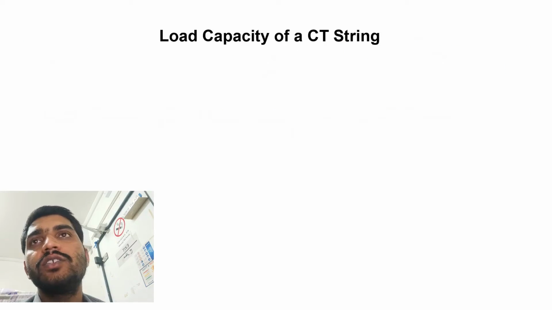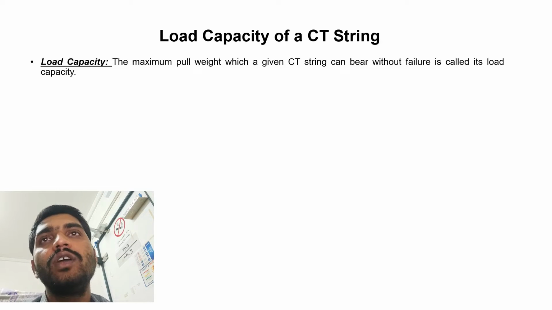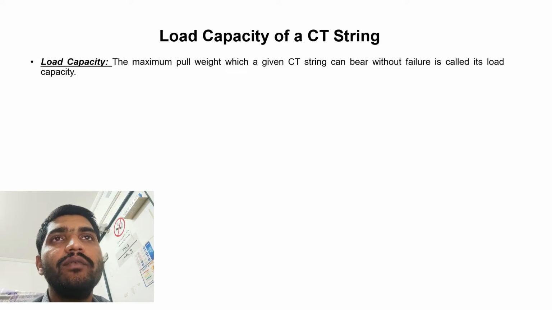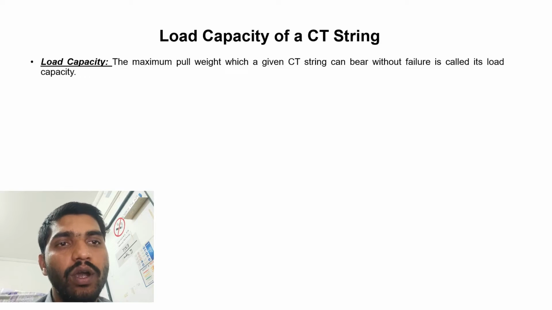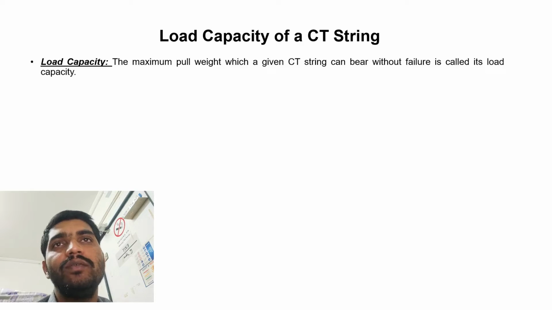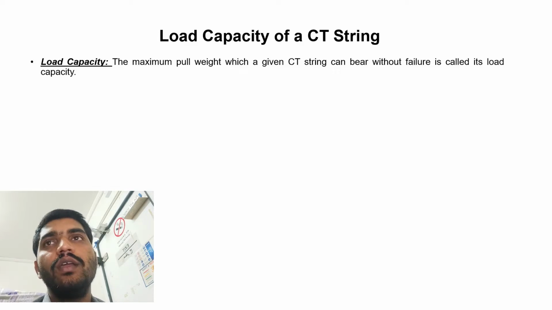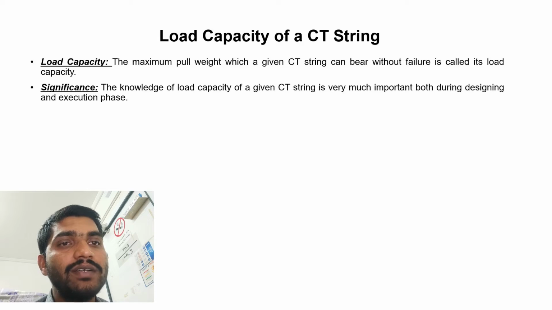So let's start our discussion with the definition of load capacity: the maximum pull weight which a given coil tubing string can hold before its failure is its load capacity. Simply, the maximum pull which a coil tubing can bear is its load capacity. Talking about the significance, as I mentioned earlier, it is significant both during the designing phase and during the